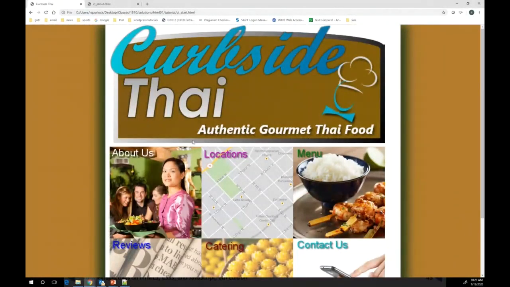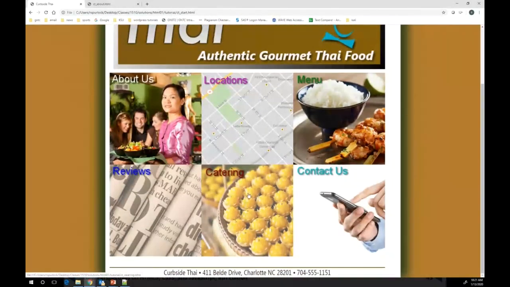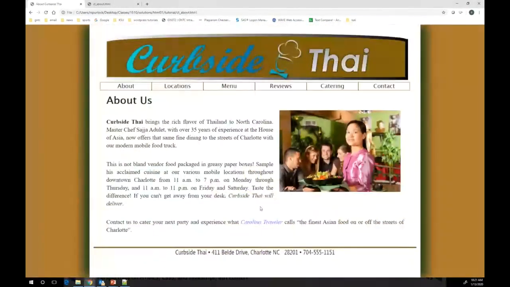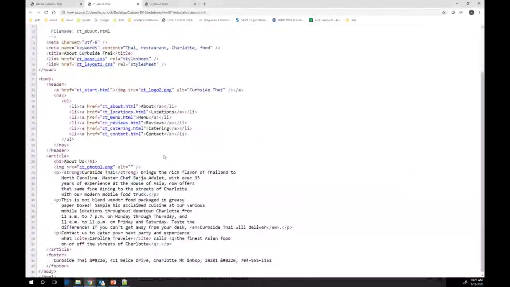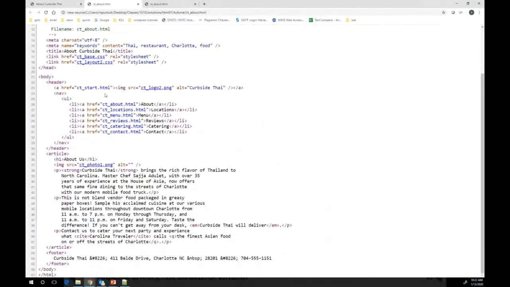We see the CT start, so it takes us to our home page. So I'm going to click about us. To create this image up here as a link, we see here that they've got the CT start page and then the link, the image itself, and then the